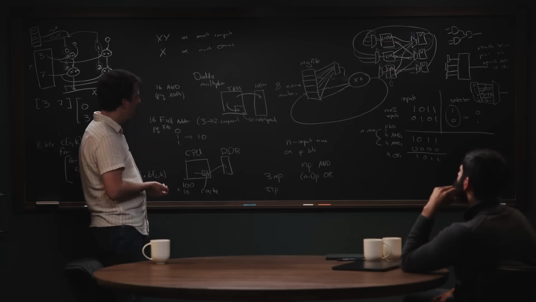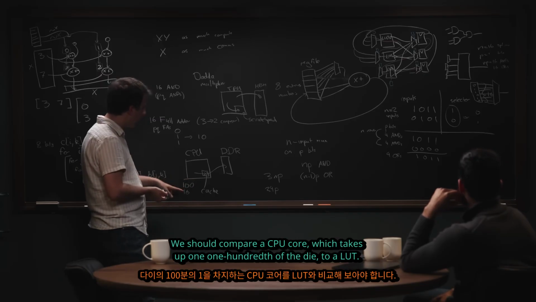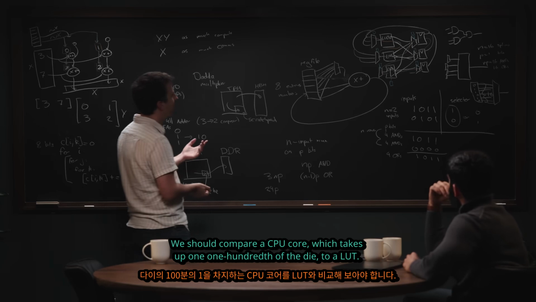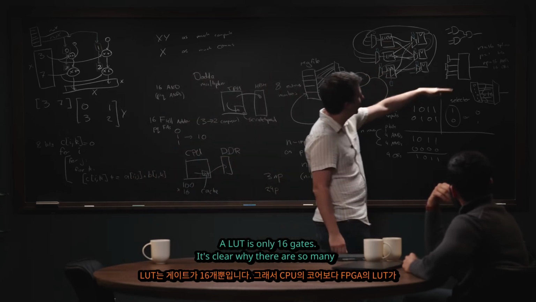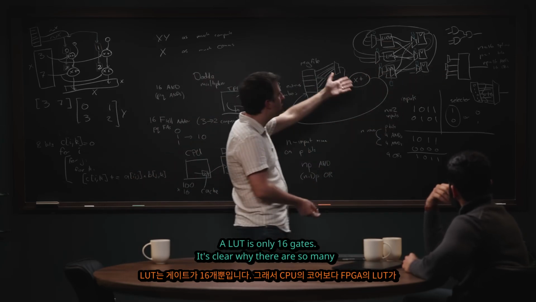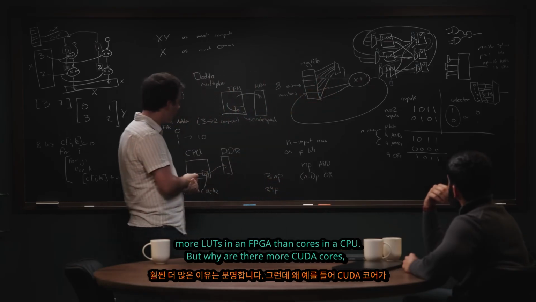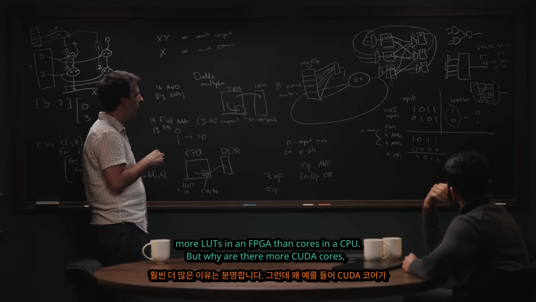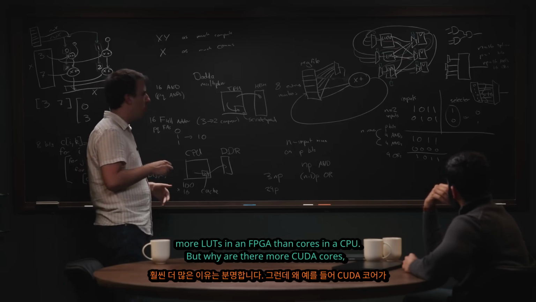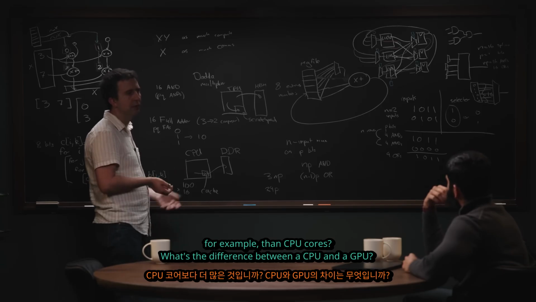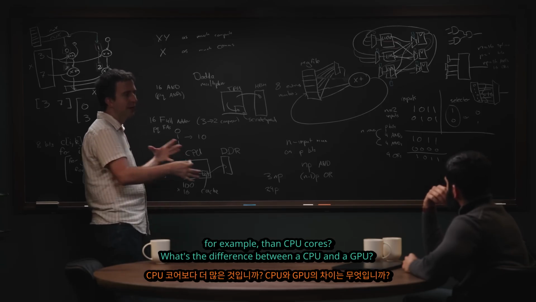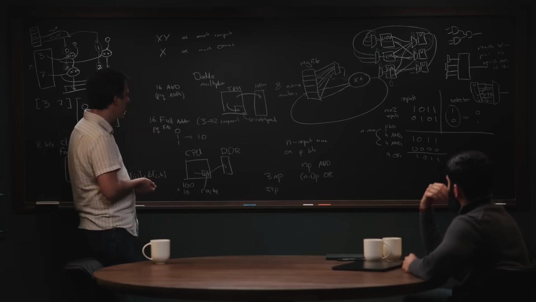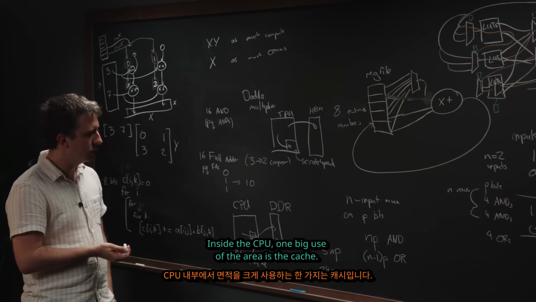So I guess we should compare a CPU core, which takes up 1/100th of the die, to a LUT. A LUT is just only these 16 gates. Right. So it's clear why there are so many more LUTs in an FPGA than cores in a CPU. But then why are there more CUDA cores, for example, than CPU cores? I think that would be the difference between a CPU and a GPU. A big difference inside the CPU: